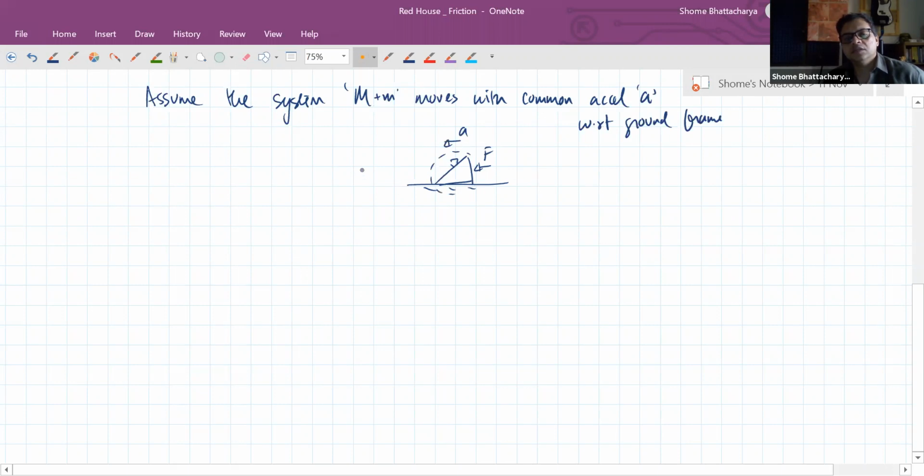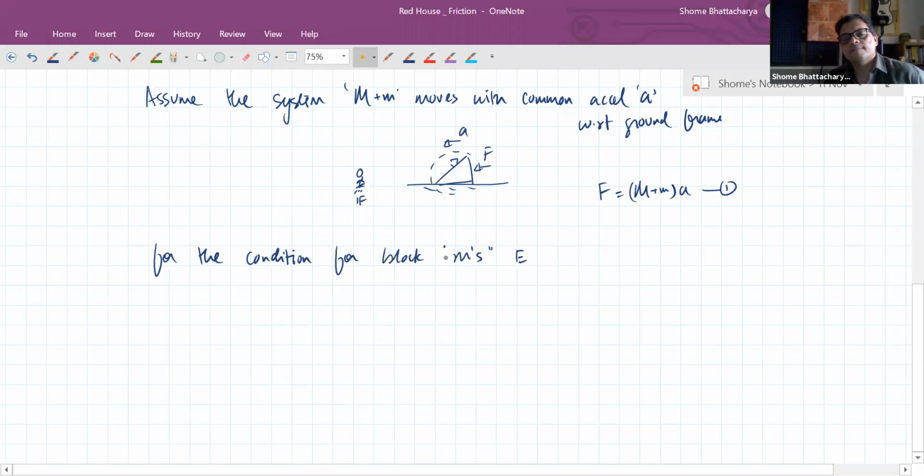So in the inertial frame, we have made this free body diagram in the ground frame. So we will get F is equal to (capital M plus small m) times A. That's the first thing. Okay. Now for the condition for the block small m's equilibrium, obviously not equilibrium in the ground frame, but equilibrium with respect to